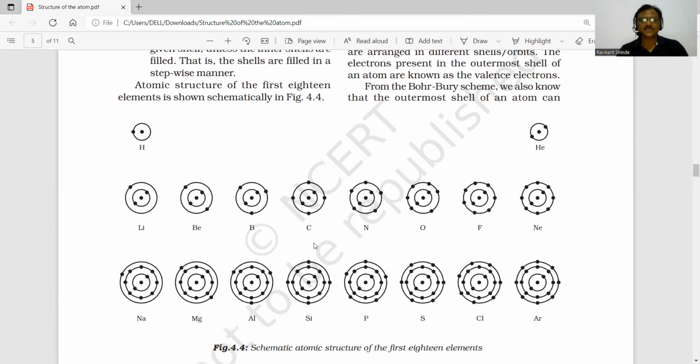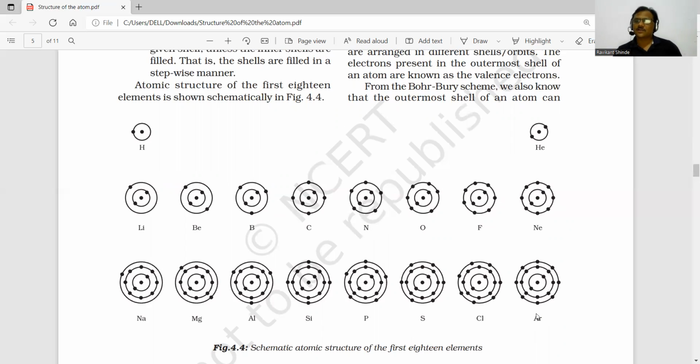If you check, see directly first hydrogen, 1 electron, helium, 2 electrons, lithium, beryllium, boron. The electron number increases 1, 2, 3, in the outermost orbit we are talking about now. Carbon 4, nitrogen 5, oxygen 6, fluorine 7, and neon 8. So here the octet is complete. What do you mean by octet? Yes, students, anybody? Good. Yes, please try. Yes, good, great. So this is what octet means, the number of electrons is complete. And here helium completes the duplet.